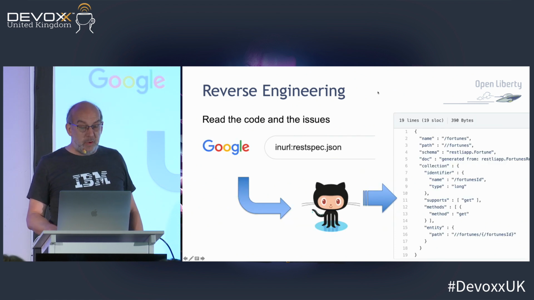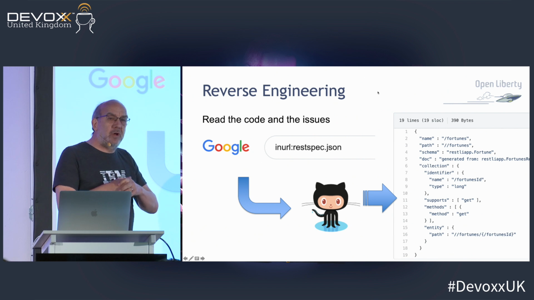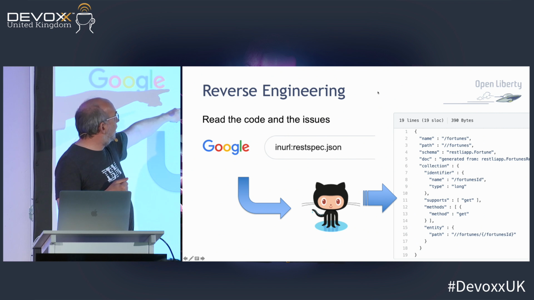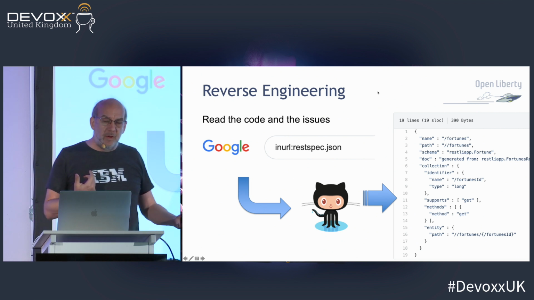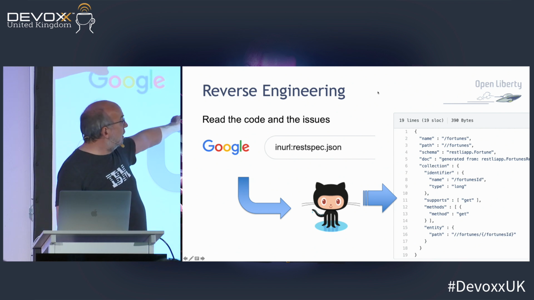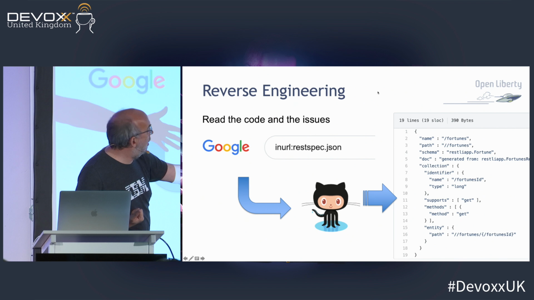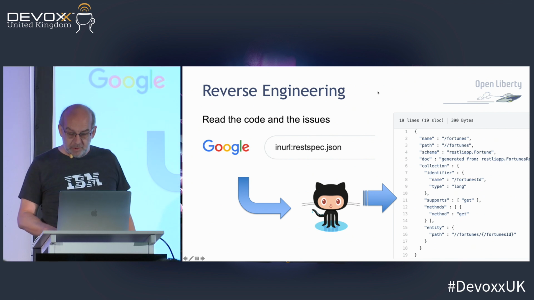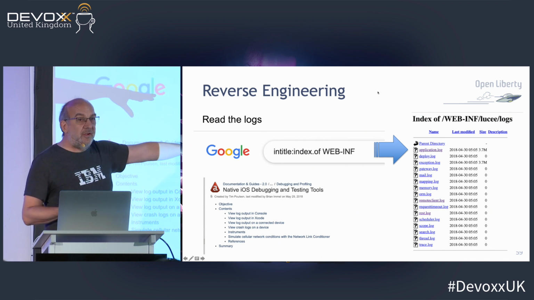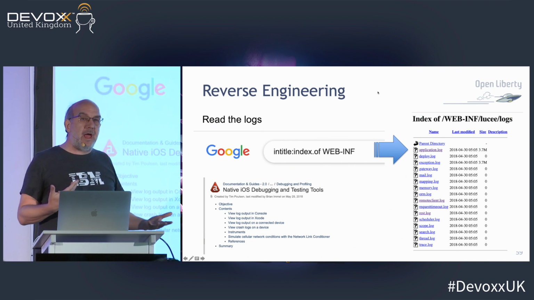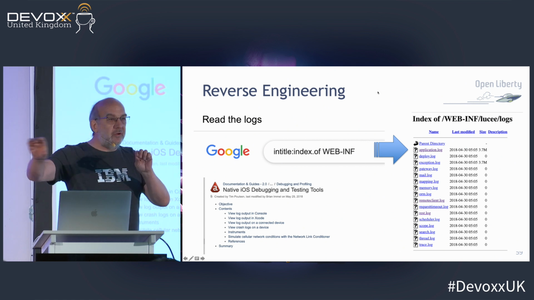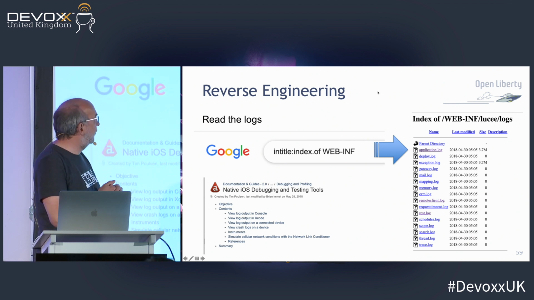But I could do other things, like I could just go read your code on GitHub, and I can do Google searches like inurl, so I can say, tell me all the URLs in the world that have respect.json in them, because that turns out to be the description of a certain type of API. And there's all the stuff. Thank you very much. Or I could ask Google to give me all the web servers it can find that have inadvertently let Google access the logs. So I can now look at your logs and see what your URLs look like in your logs and what your errors are and all that sort of stuff.